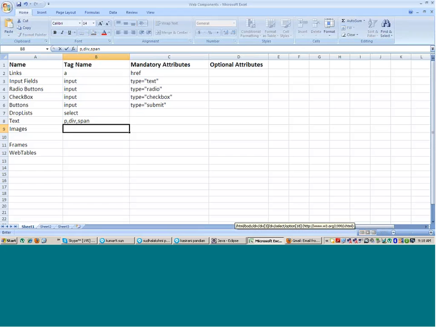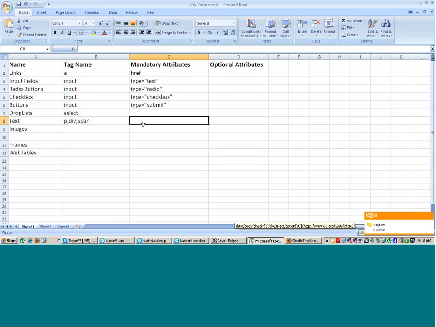So there is no fixed tag for the text. It can have various tags. There is no mandatory attribute again in case of text. Okay, in case of an image,